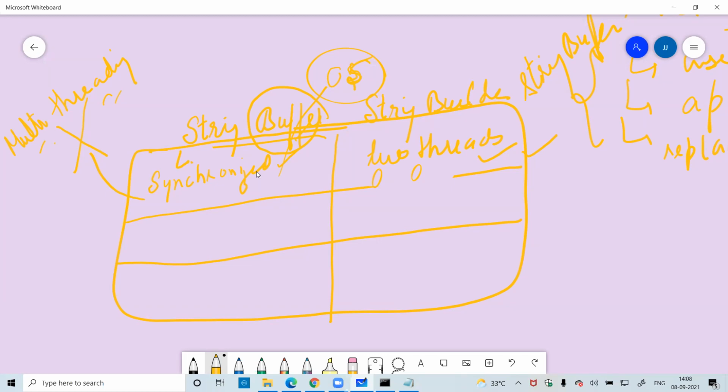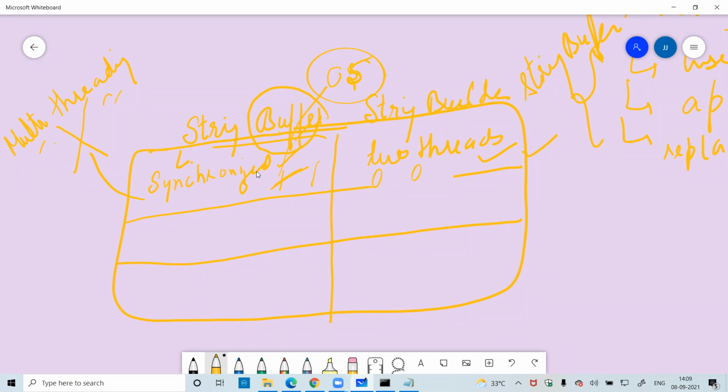I repeat, string buffer is synchronized, which means two threads can't call at the same time. This is thread 1 and thread 2. They cannot work at the same time if I'm using the string buffer.